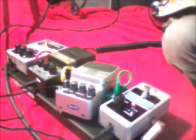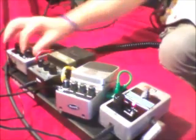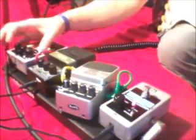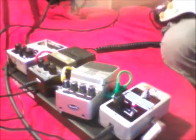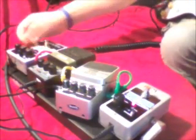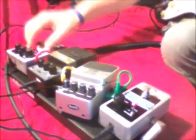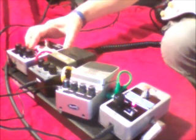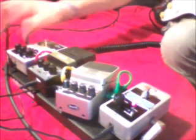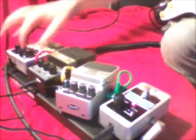There's also a phaser sound in there, and a vibrator sort of sound, which is slightly different to the other one. You can also put an expression pedal into this, so that you can actually adjust all these sounds yourself. So you've got a lot more control as you're playing without treading on this or without changing the